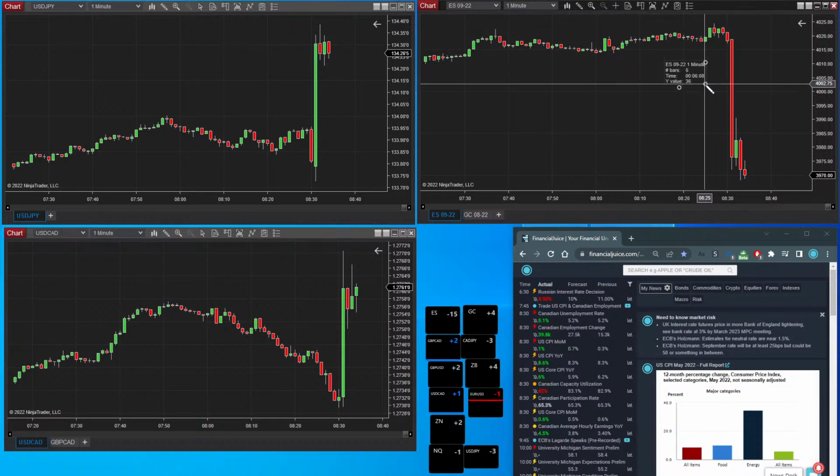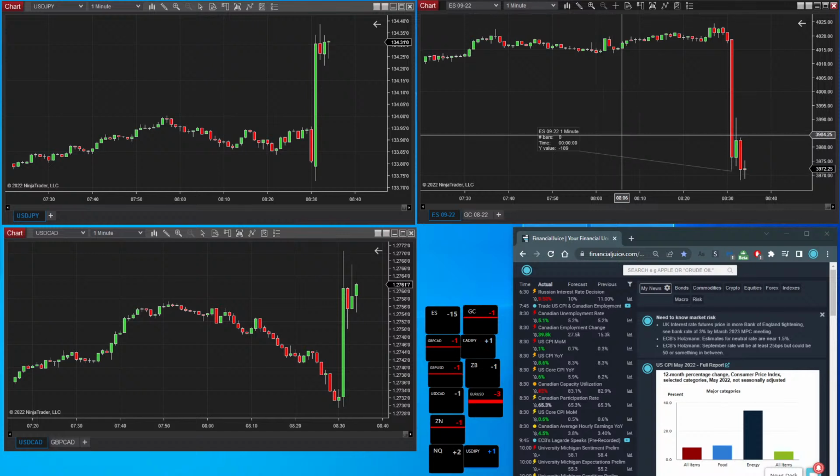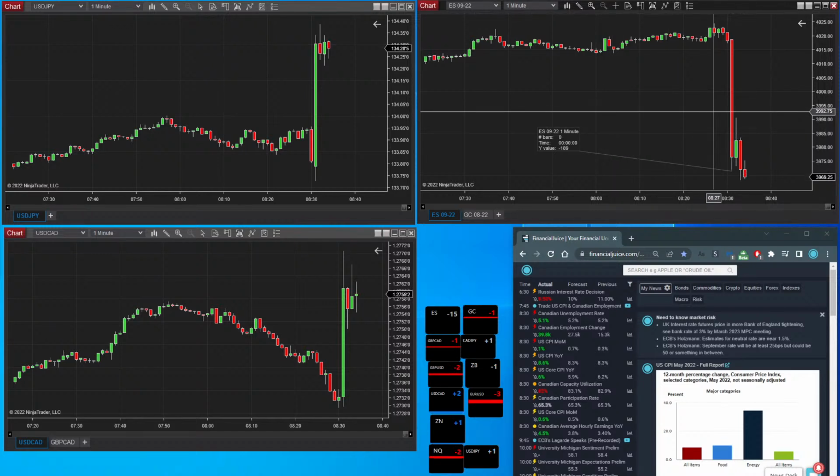All right. Whoops, don't want to do that. Okay. Thank God we didn't get any mixed data there, otherwise that would have been harder to trade the release. The S&P 500 seen tick down. So there we go, 189 ticks towards the downside.